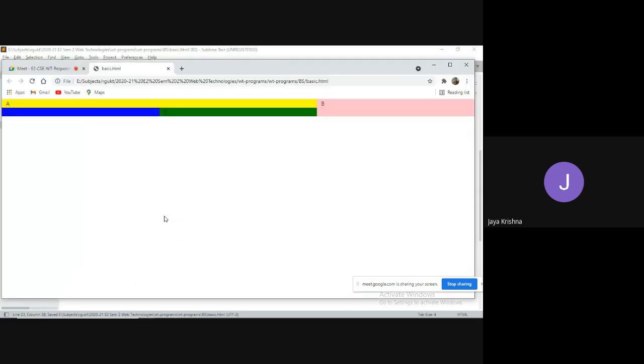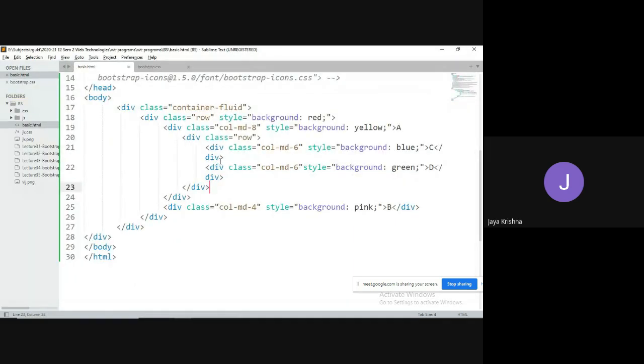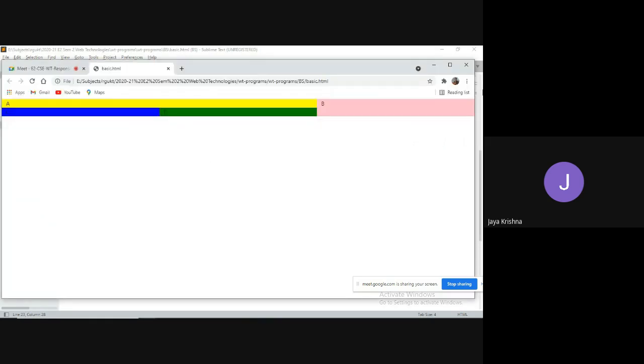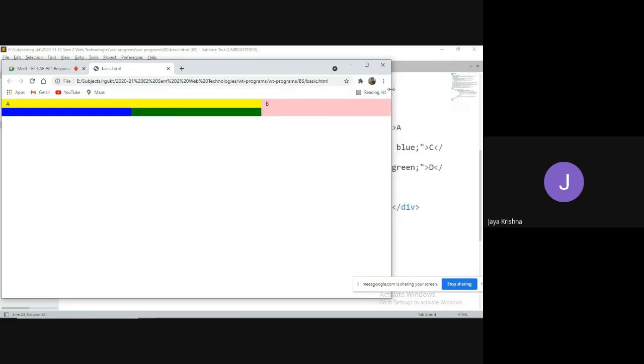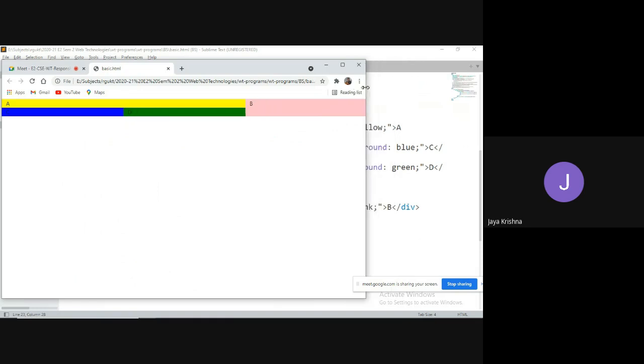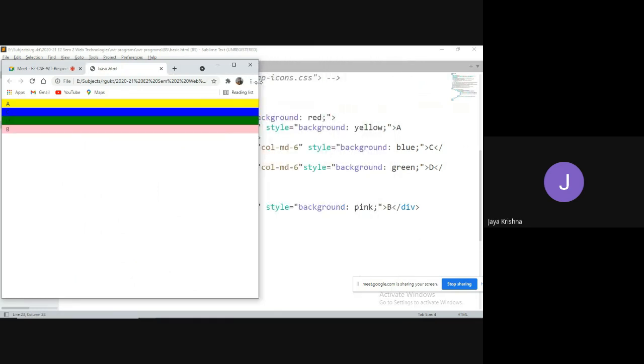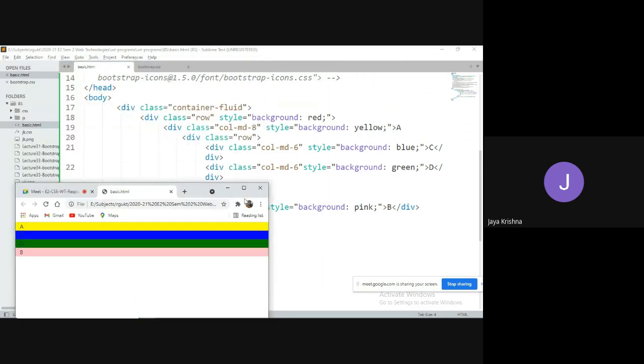Right. This way, we can split your web page into multiple parts. That's what we call the grid system. Observe, if I minimize it and the screen is less than medium, what will happen, guys? It is going to make it available at 100% width of the space, because we have mentioned the condition of medium screen. If we mention a different screen size, it is going to behave in a different way.